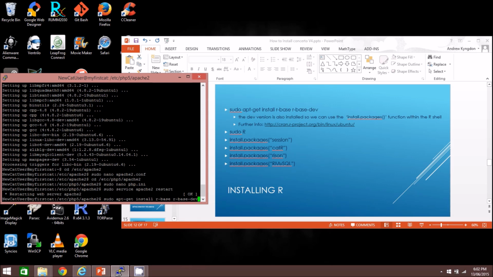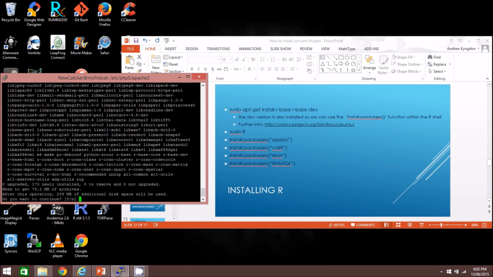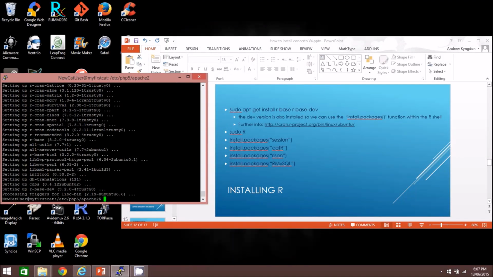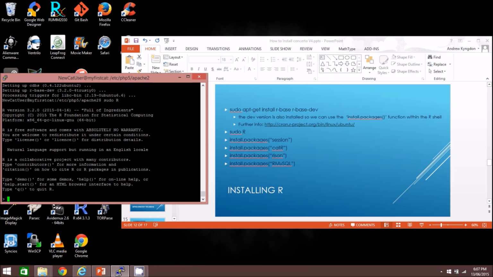And this may also take some time. And now R has finished installing. So let us navigate to the R shell. And we simply type install.packages session,